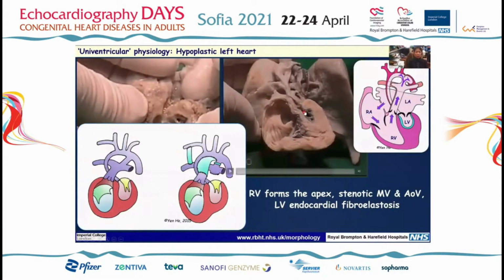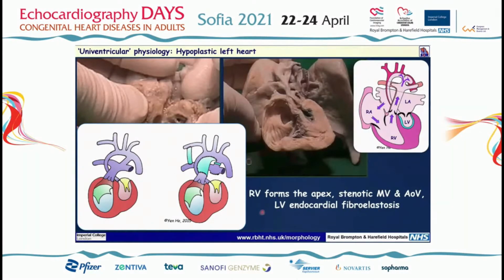In this case, we have the right ventricle forming the cardiac apex, small left ventricle again, almost a tragic aortic outflow tract again, very small mitral valve. So the option for this would be starting off with the Norwood procedure and then progressing on to the Fontan procedure,